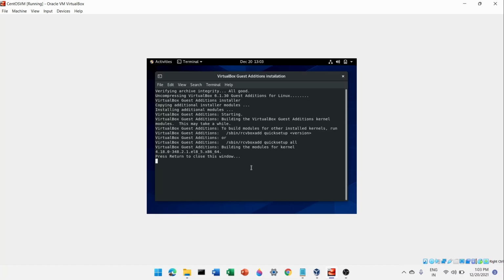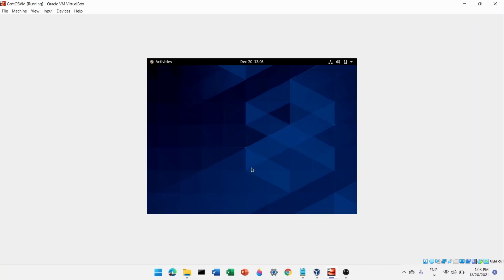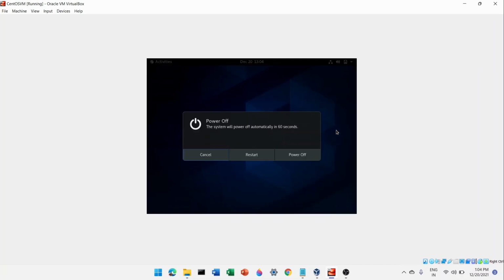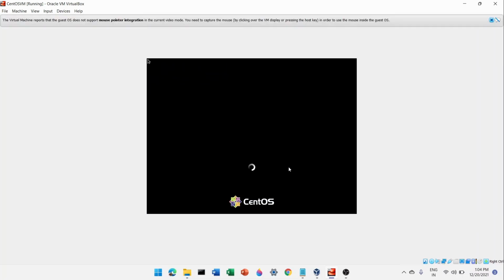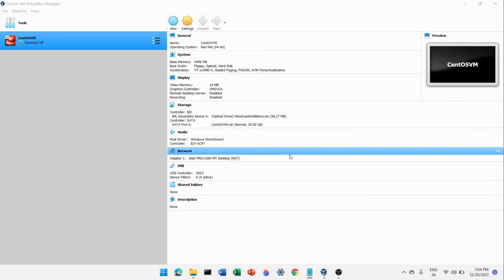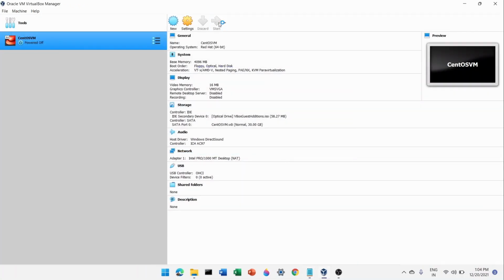Okay, so now you can see we are getting this message saying press return to close this window. Just click enter. Now we'll have to restart this virtual machine once again. Click on power off, and then click start so that we can run this virtual machine once again.